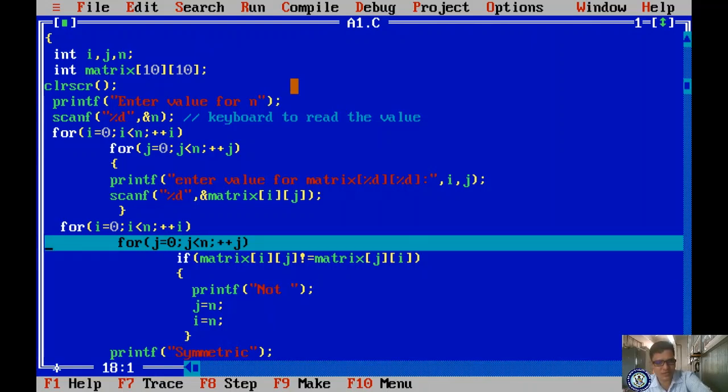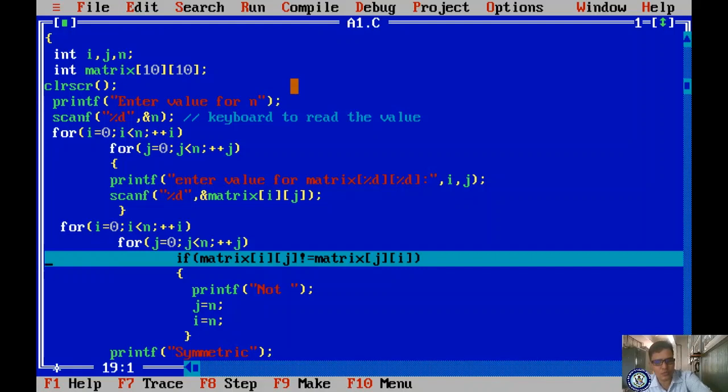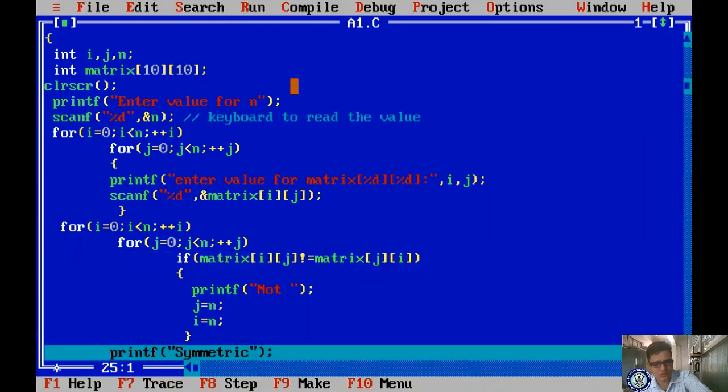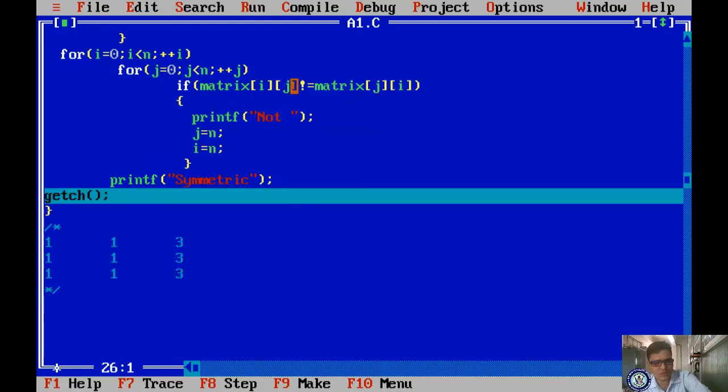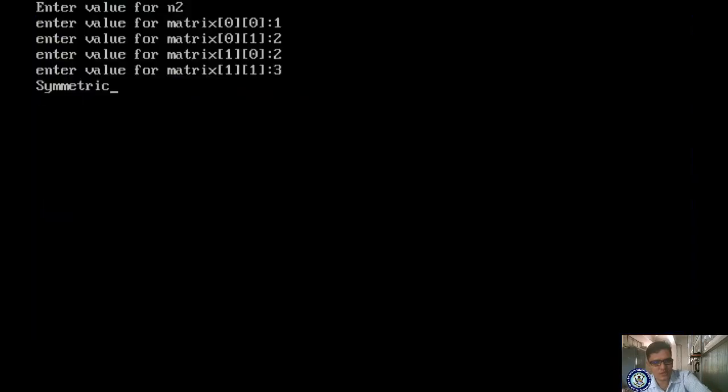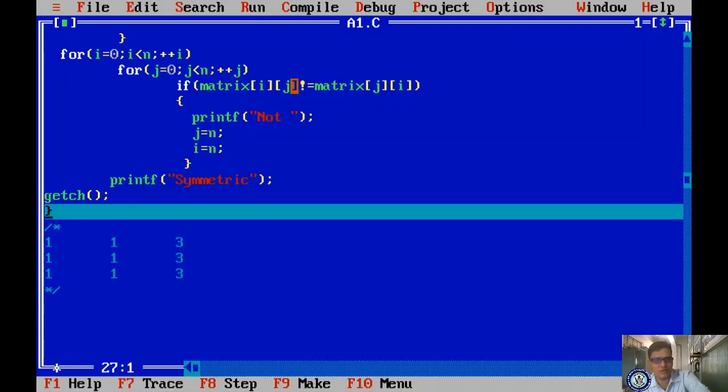Once again it is entering here. 0 1 is not equal to 1 0? 2 is not equal to 2, the condition is false. If it is false, it prints symmetric. Got it? So once again it will print that it is symmetric. Okay, yes, clear. So likewise it will execute. For understanding this, please observe here, I have taken 1 1.